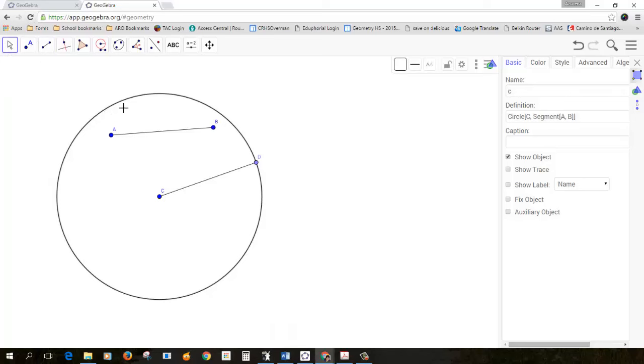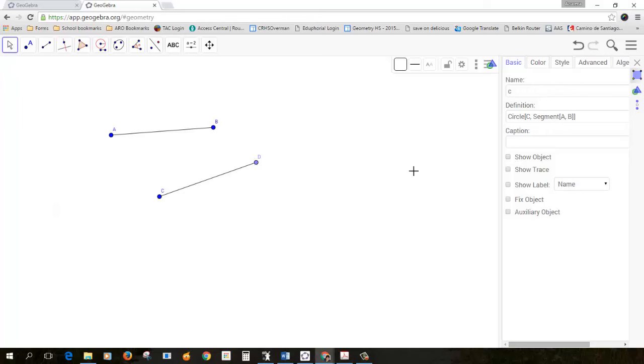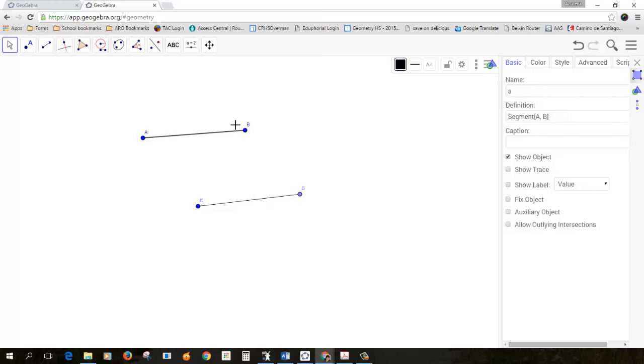And the way you could do that is I clicked on it with the arrow here and then show object, and that hides it. So you can see I can still have this point anywhere on that circle. And if I click on point C, that moves my segment. I can move points A and B, but what if I lengthen points A and B? I can either go this way or that way, and my segment automatically lengthens on the bottom because that circle